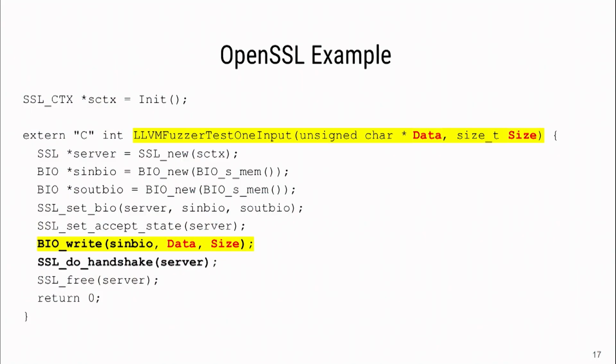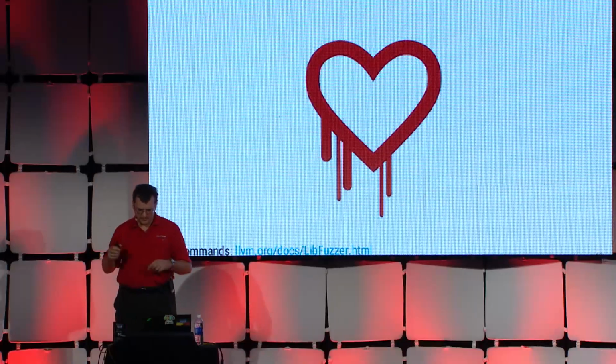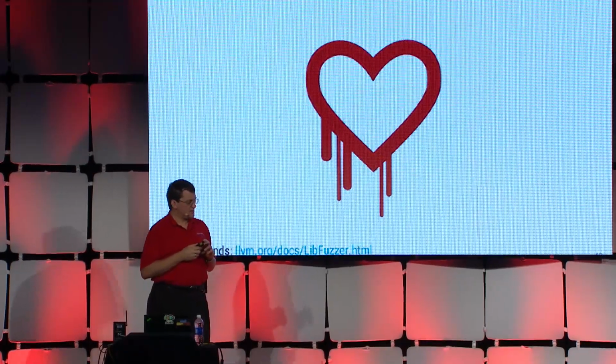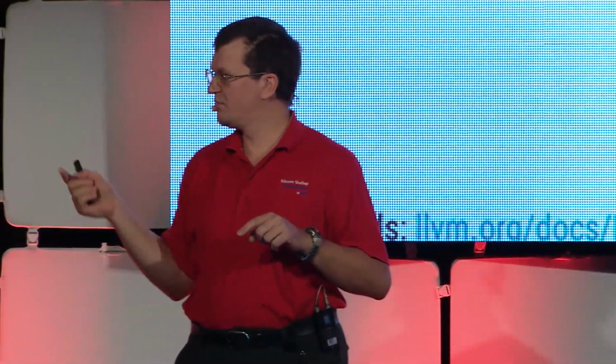Let me show you something even more relevant for a security conference. This is a target function for OpenSSL. We have a little bit more code here, but it's all boilerplate. If you know how OpenSSL works, you can write it with closed eyes. And in this target function, we're testing a single API function of OpenSSL, not the entire OpenSSL. Does this function ring a bell to anyone? Come on, anyone? So this is the function where the Heartbleed bug was found a couple of years ago. How many of you believe me that I can find Heartbleed from scratch before the end of this talk?